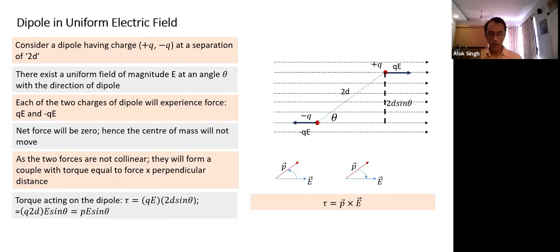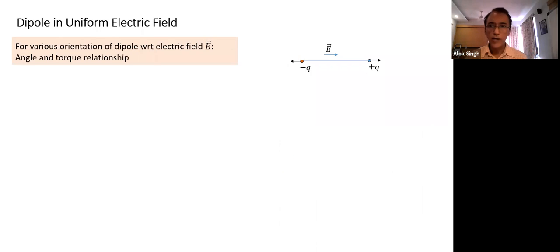So torque acting on a dipole, this is also an important result. I will summarize later, but you should keep in mind that the torque acting on a dipole placed in a uniform electric field is equal to P cross E. Okay, for various orientations,